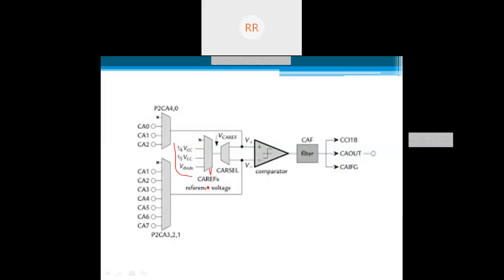Already we showed the reference source selection bit, and this multiplexer takes those inputs, which are then connected to the analog comparator. Finally, the filter output can be given to the comparator output, which is given next for activating any one of the flags and the corresponding operation.